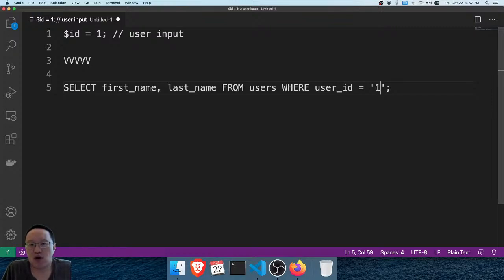So you're looking for the first name and the last name. You're looking for a person in the users database table where the user ID is 1. And if that user is found, return the first and last name. That's what line number 5, that SQL query, means. Okay, that makes sense. What happens if the ID is